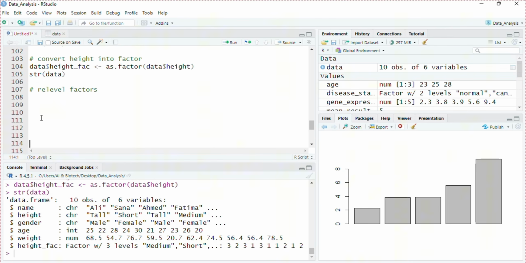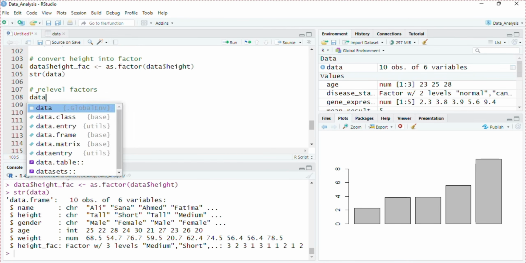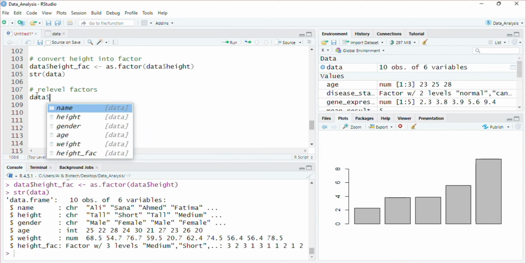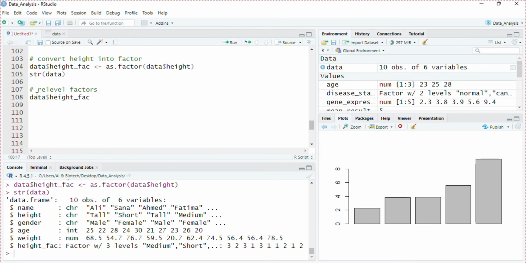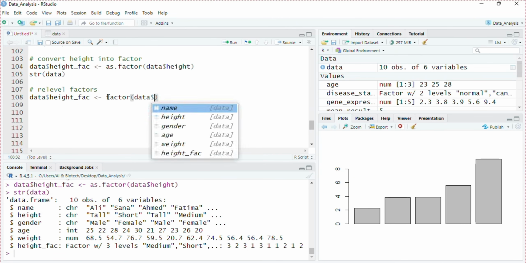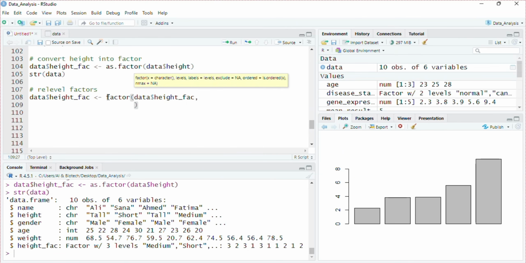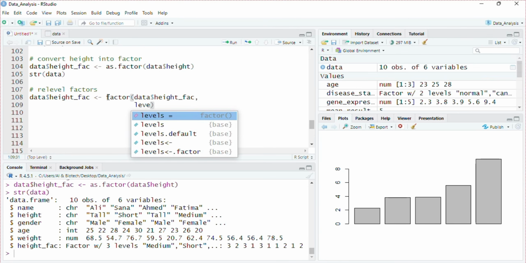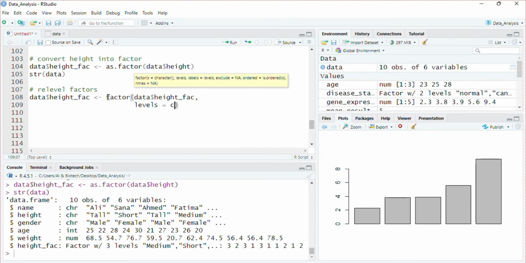At this time, we will not create a new column, but we will relevel this same column with the function factor, data with height factor, levels equals to, we want tall first, then we want medium, then short.